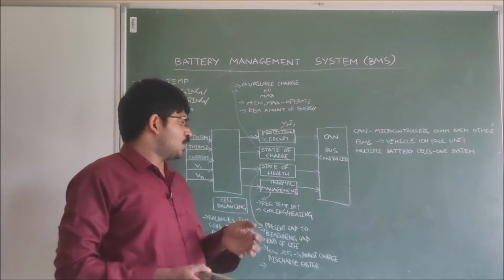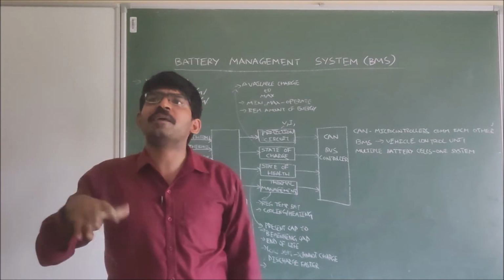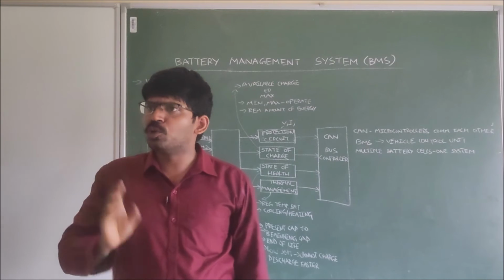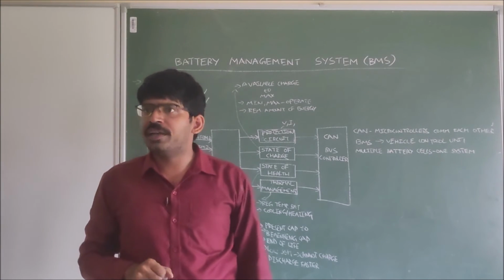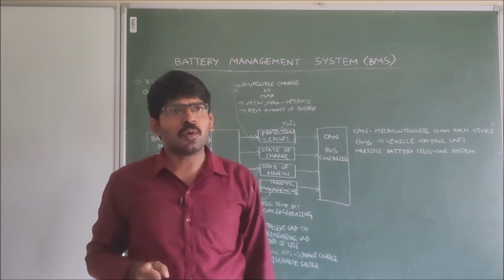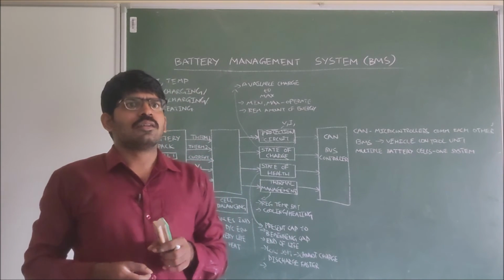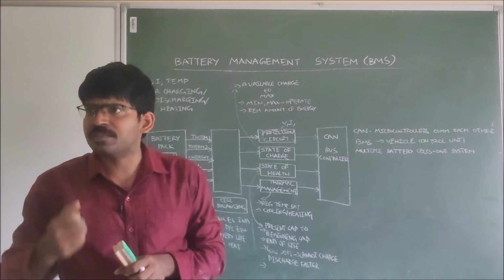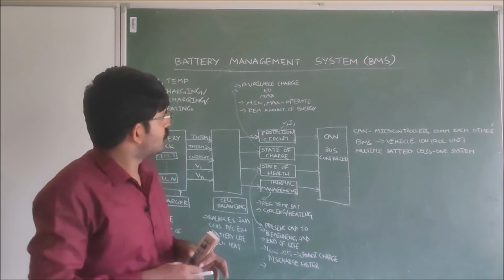Next, thermal management. Sometimes the cells in the battery may get heated up easily. At that time, we have to use cooling mechanisms to reduce the heat in the particular cell. If we do not reduce the heat, automatically it will explode. Sometimes you observe in some phones, when we operate them for some amount of time, they get heated up easily because of the draining of the battery. Next,